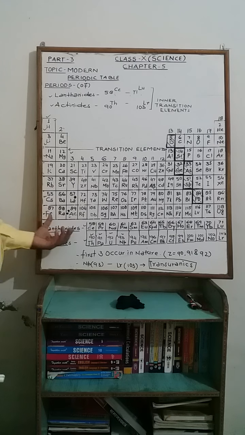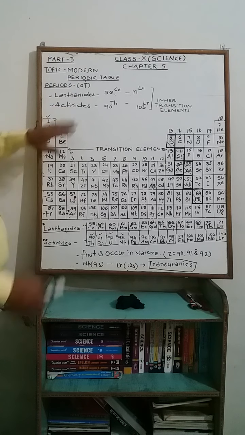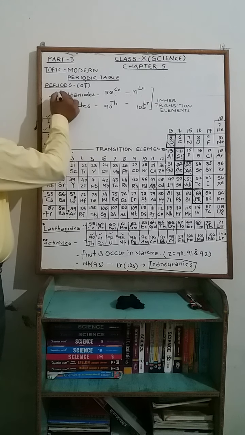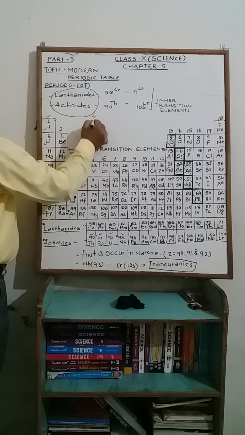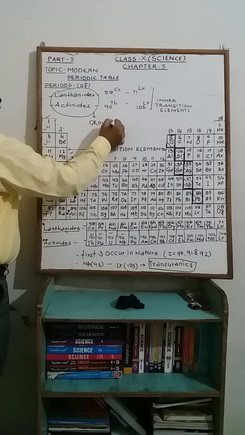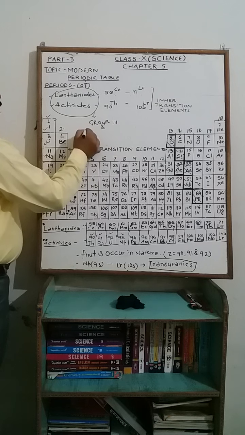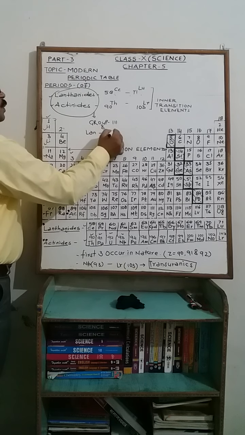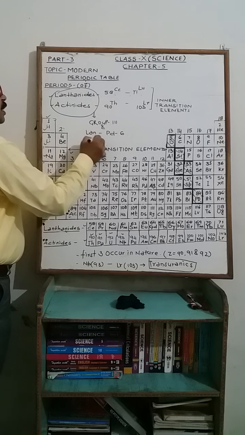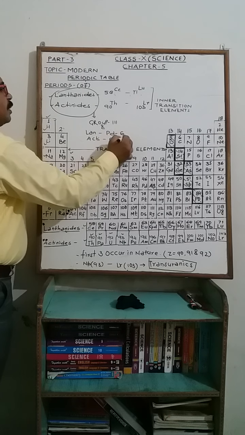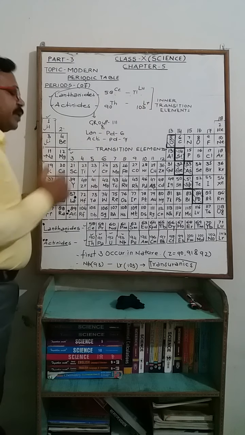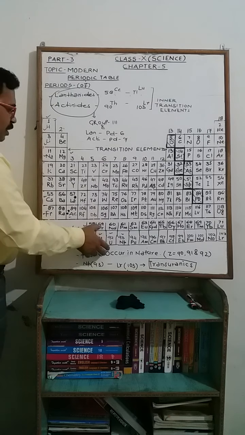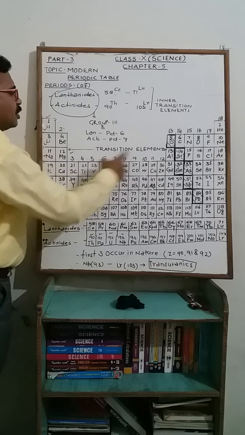So these are the lanthanides and actinides. Again, lanthanides and actinides both are in ग्रुप थर्ड, दोनों ही ग्रुप थर्ड में है, and lanthanide in period 6th, whereas actinides in period 7. Both are collectively known as the inner transition elements. Why? Because these are the part of this block, transition elements, D block.